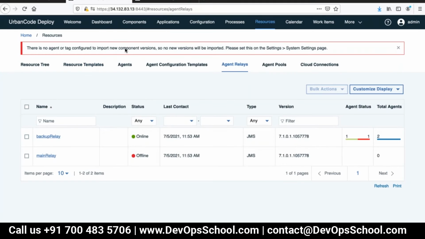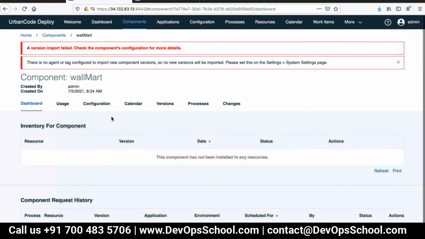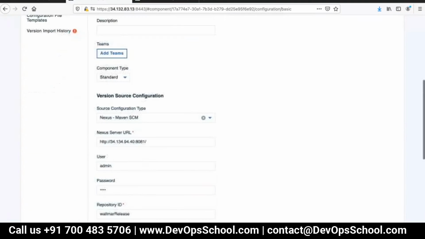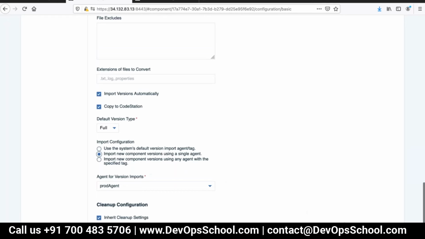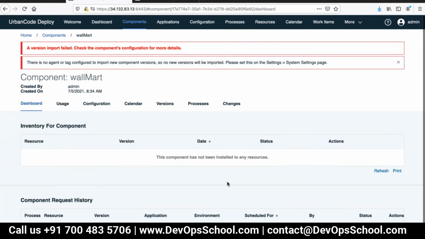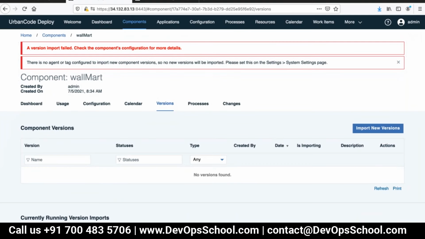So the last thing was the format configuration. Let me add the agent now and import the version which you want.